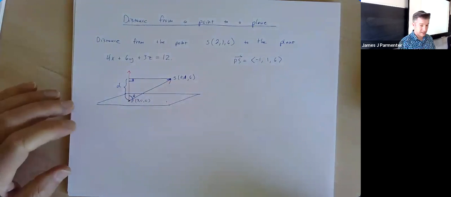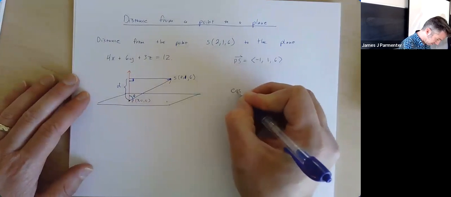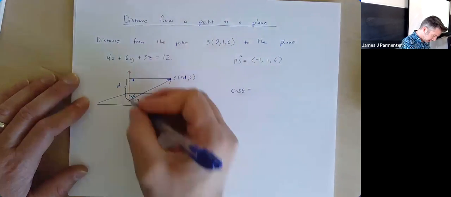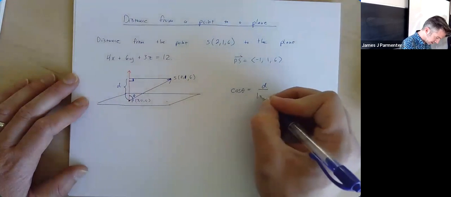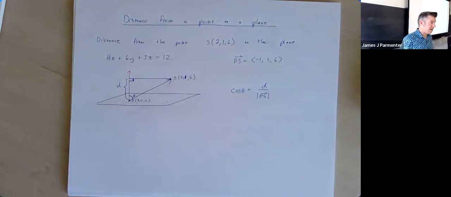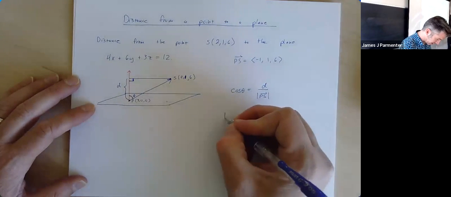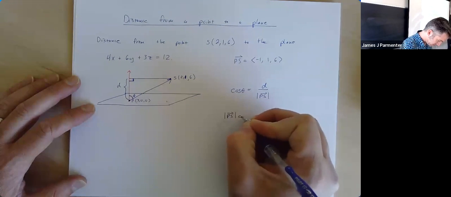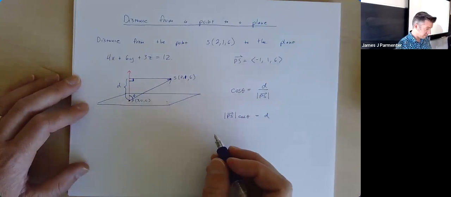So now what we're going to say, instead of using sine of theta, we're going to use cosine of theta. So cosine of theta is equal to the adjacent side, which is D, divided by the hypotenuse length, which is the magnitude of PS. And then just like last time, instead of trying to get the cross product to show up, now we're going to try and get the dot product to show up because there's a cosine. So we're going to, again, multiply both sides by the magnitude of PS. And then we're going to multiply the left-hand side also by the magnitude of V divided by the magnitude of